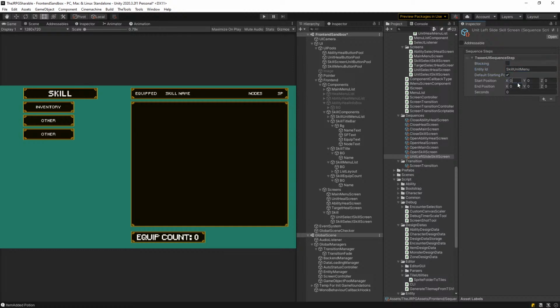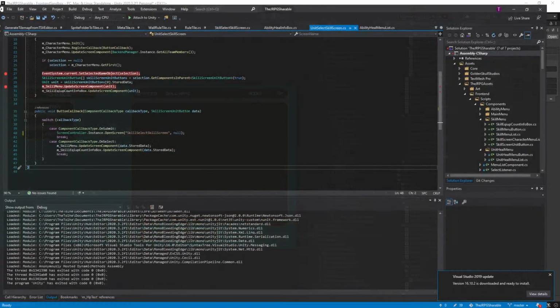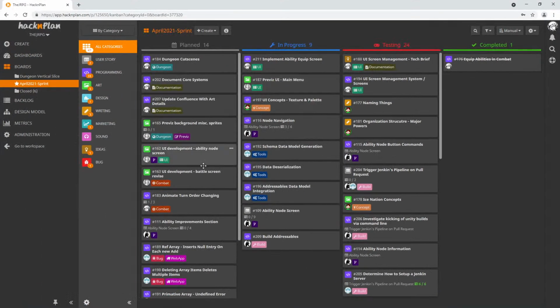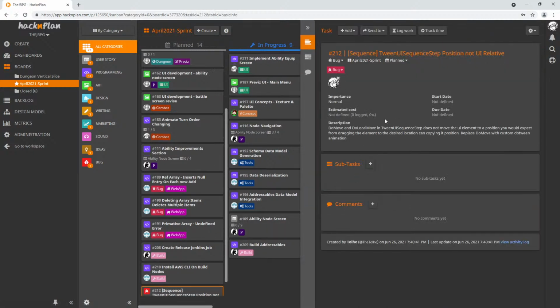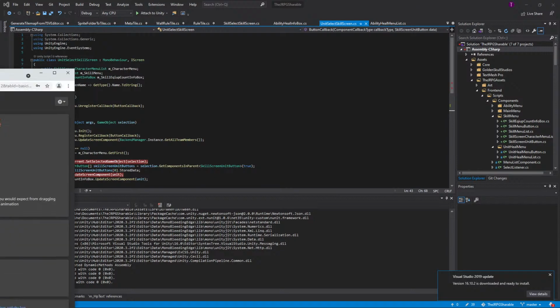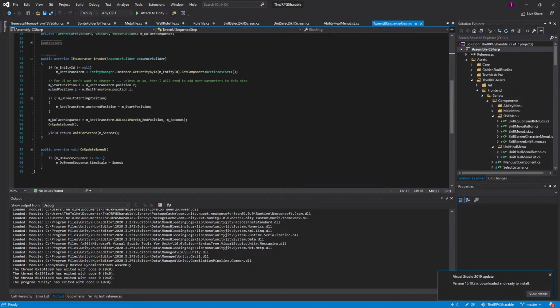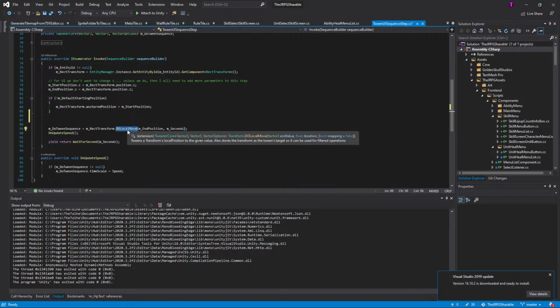We're going to default its starting position, and we're going to try and move its end position off screen. Now, we just were looking at this a moment ago, and I literally wrote a bug in Hack and Plan in here for this problem, which is that the tween UI position is not UI relevant. So where we think the things should go isn't accurate for this thing. So UI sequence step. This do local move doesn't actually position where we think it should. We actually want to act on the anchor position. So we want to do a tween, but we don't want to do a do tween. We want to do...